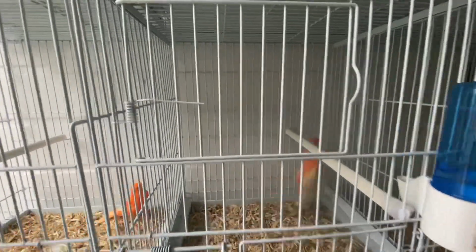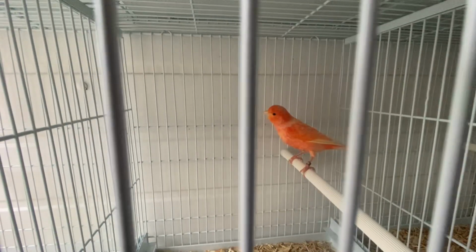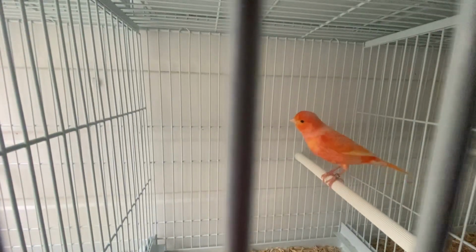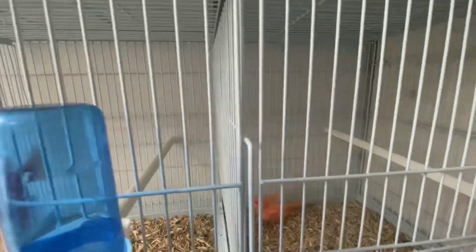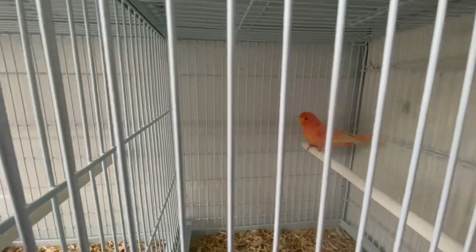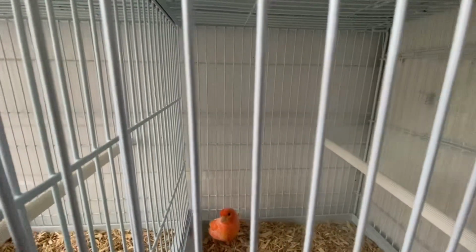This non-intensive hen here, not particularly great in colour, quite a bit of frosting on it. It's a nice bird. Like I say, you can see she's dropped a lot of feather. I don't think the hens are particularly as good in colour anyway, so not too bad. And then you've got this hen, which is fairly similar, probably slightly more frosting on this one, but this one I've got a little bit of a soft spot for, and the reason for that is